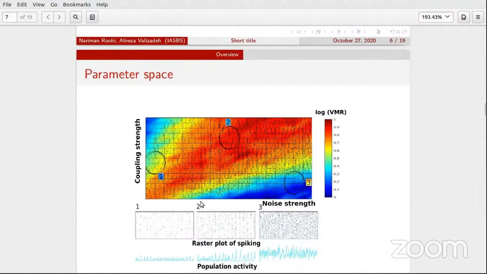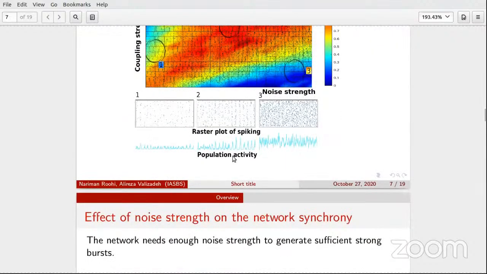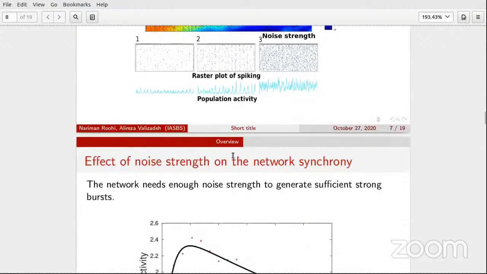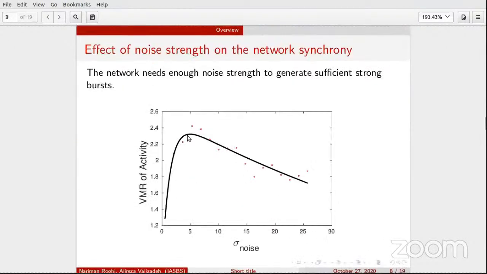It can be obvious that moderate values of noise strength and coupling strength can be ideal for us, because in this area, for example, area 2, the network needs enough noise to generate the